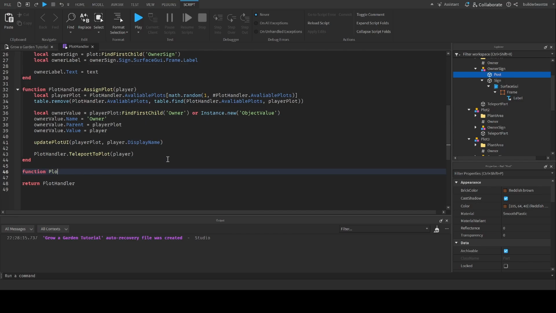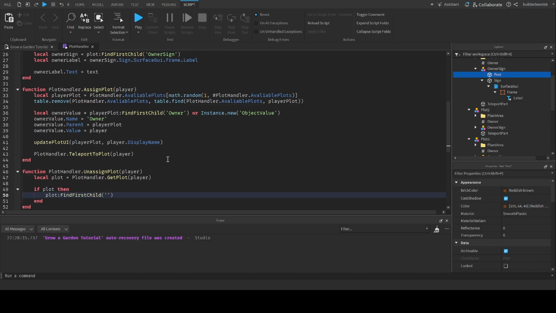function plotHandler.unassignPlot(player). So this is like for when the player leaves. Well, plot equals plotHandler.getPlot(player). If plot, then plot:FindFirstChild("Owner").Value equals nil. Then table.insert(plotHandler.availablePlots, plot). That's the table. So now it's available again, so now a new player can get it. Actually, another thing we're going to do